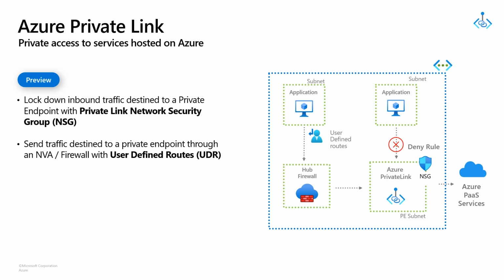And with user-defined routing, more appliances could be brought in line before access is even allowed for a particular app or a user. So by using these controls, you can enhance the segmentation or the micro-segmentation posture for your deployments.